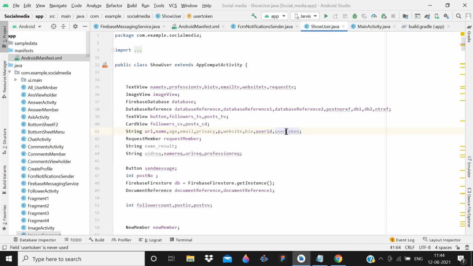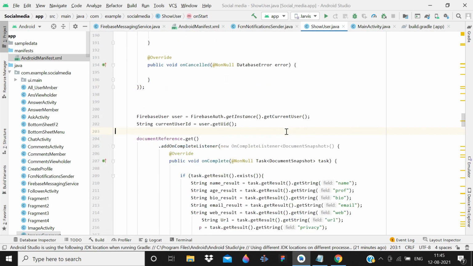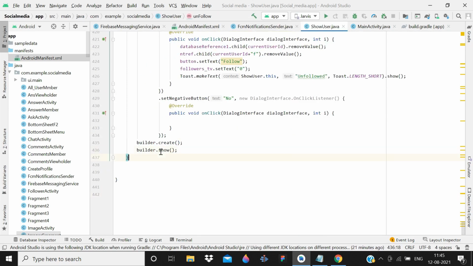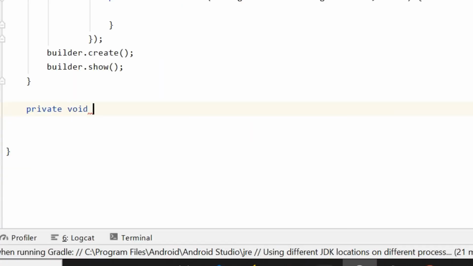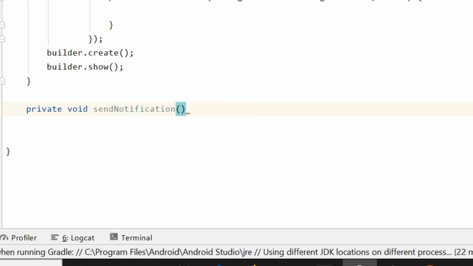Here you have to declare a public string named userToken, and then go to the bottom and create a method, private void saveNotification, or sendNotification.